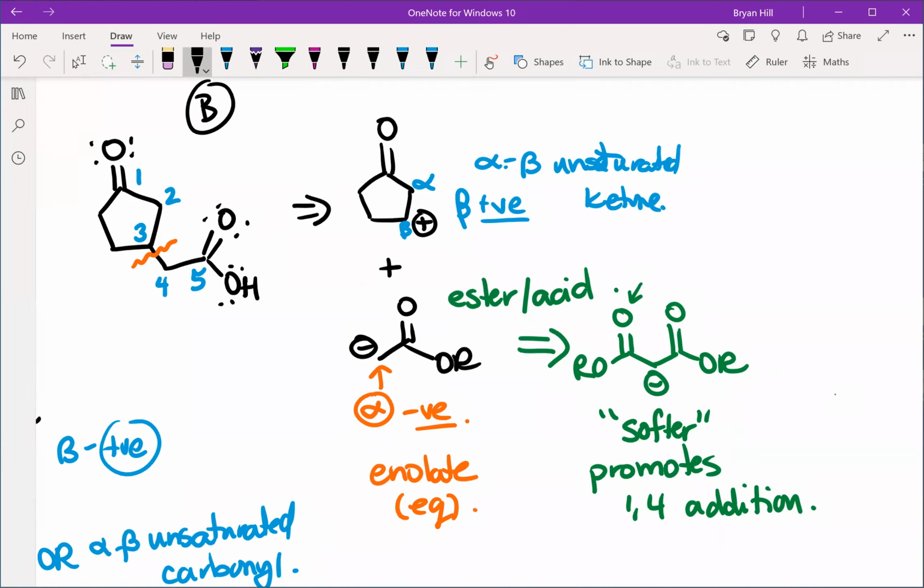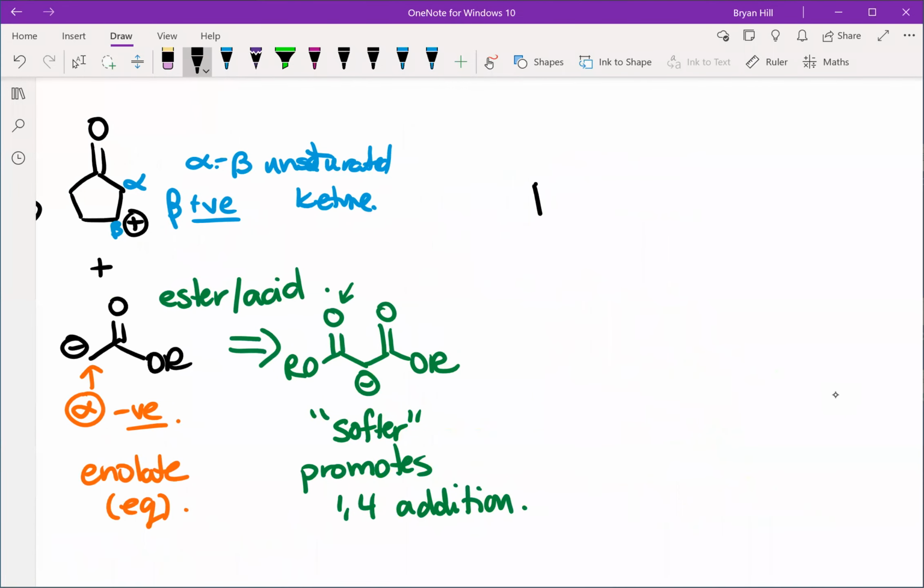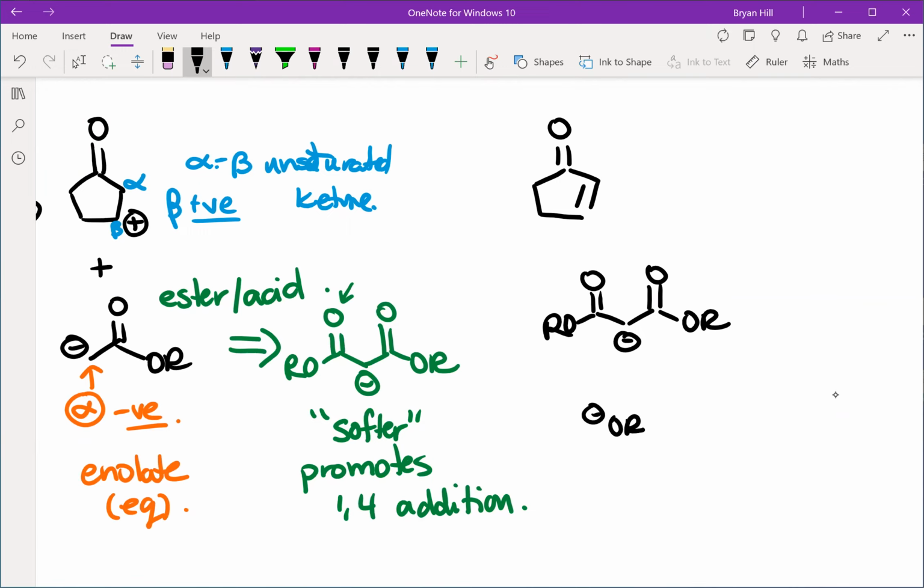So as a basic review, we've deprotonated this with sodium hydride or the corresponding, like we do in the lab, the OR minus. This will come in, attack there, electrons move up, electrons move all the way across. We've generated a